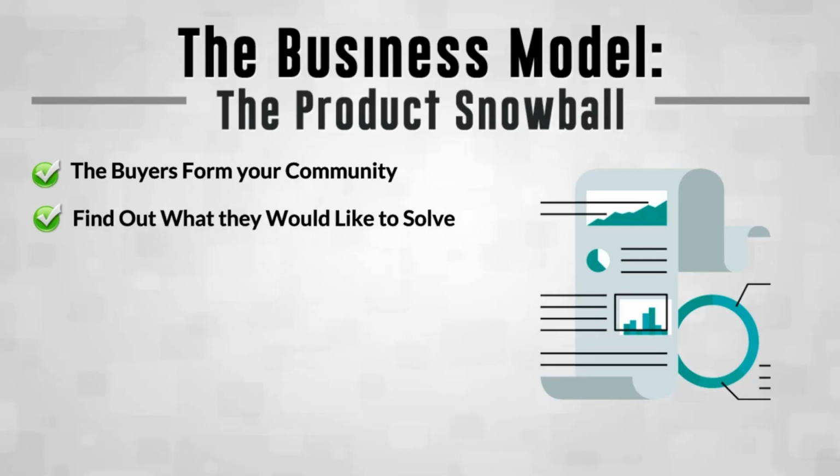Right now, find out what they'd like to solve. Right? Find out what they'd like to solve. So what you want to do is, even if one person answers, right? Let's say that you put out an email. Let's say you've got 10 people on your list. One person responds, right? With these little short products where you're solving problems, just solve that problem, right? And launch the product on Warrior Plus. I don't care if you only get 2 or 3 sales,